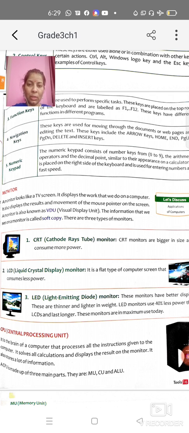They consume less power in comparison to CRT. And then LED monitors were introduced. Nowadays, mostly LED monitors are used because of their size. They are very lightweight, plus they consume 40% less power in comparison to other monitors like CRT or LCD.